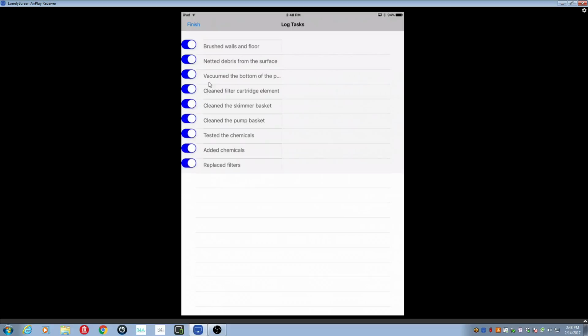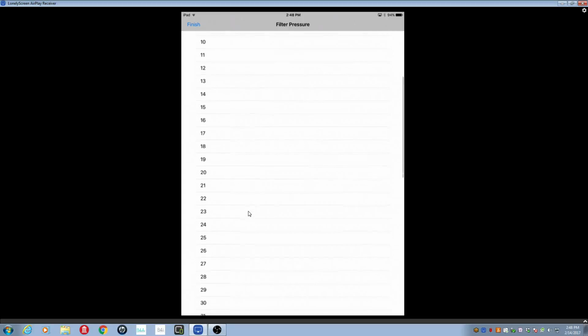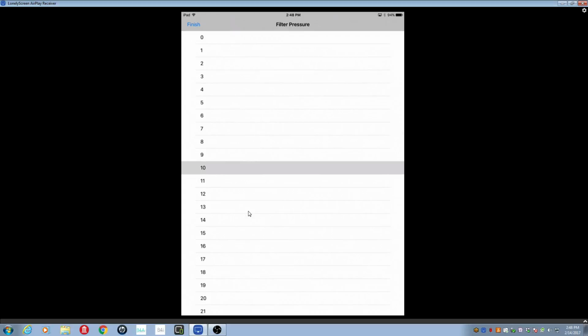So now that I've turned them all on, I simply click finish to indicate that I'm done, and then it's going to ask me, are you recording any filter pressure readings? If you are recording filter pressure readings, you're going to select it from the list. This list is scrollable, so you can scroll up or down to find the exact reading. So let's say we select a filter pressure reading, then we're going to click finish to indicate that we're done